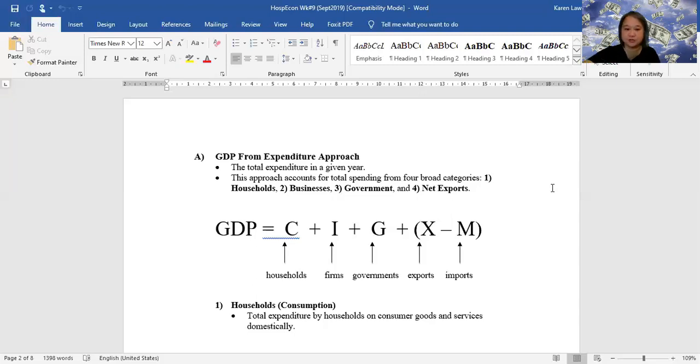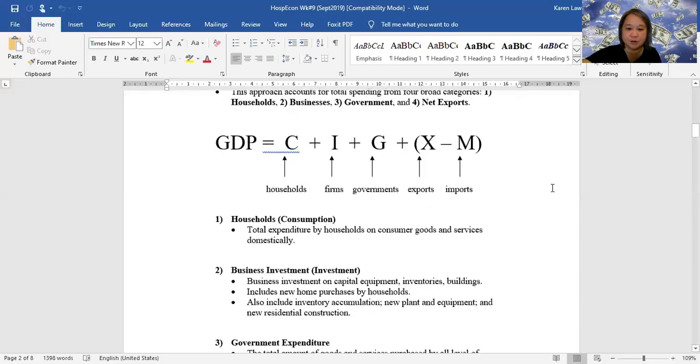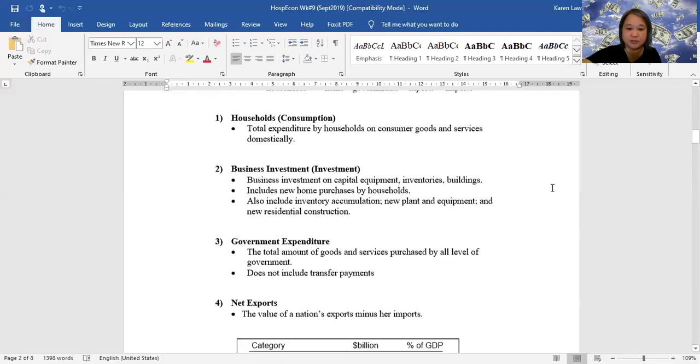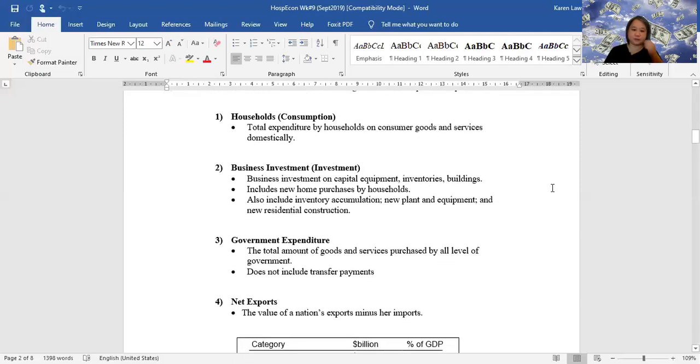So we tend to calculate GDP broken up into how much different sectors spent that year. So we have our household consumption, which we call consumption expenditure, business spending, which we call investment expenditure, government